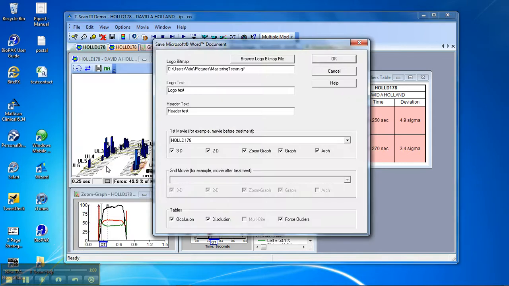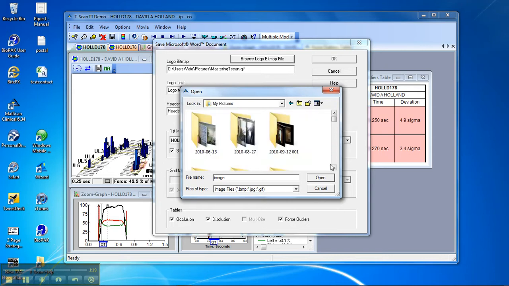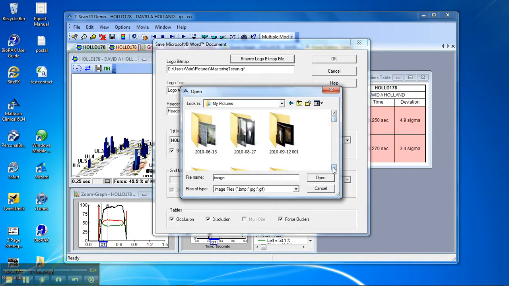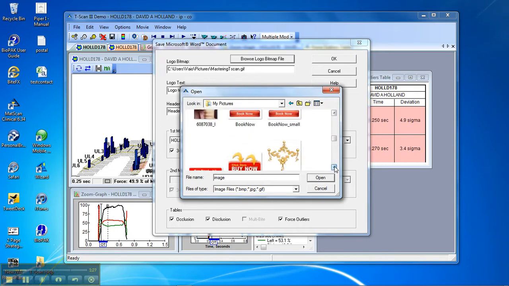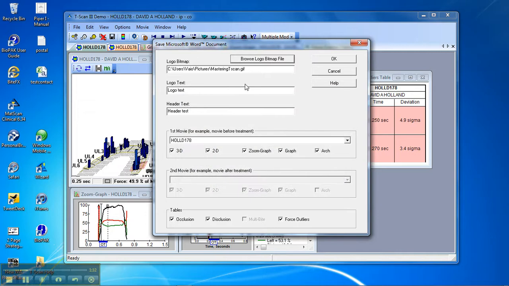to Microsoft Word and it'll say what do you want to include, and I'm going to include that image that I've got in there, which was actually in this particular folder here. So a relative, and this would be your logo. Presumably you would put your logo in here. So in this case I found one which was Mastering T-Scan, which was that one. Okay, but whatever you put in it's going to remember, and then